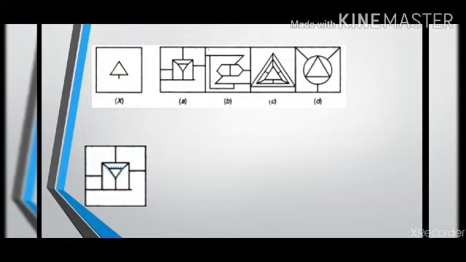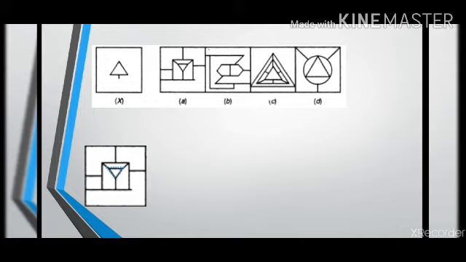My first choice will be to look at the exact embedded figure, not inclined, not at any angle. If I'm not getting the answer at all, then maybe I'll consider a figure that is upside down. But first priority will be the exact same figure, same size, same directions, everything should be exact. That is our first priority.